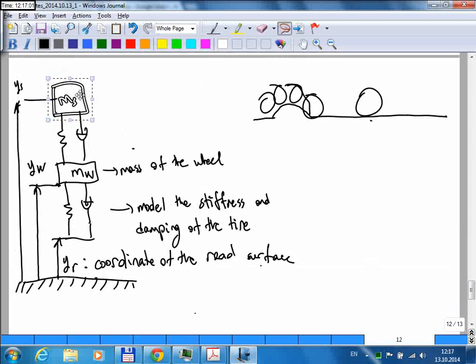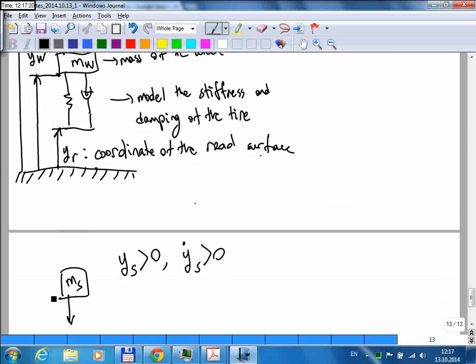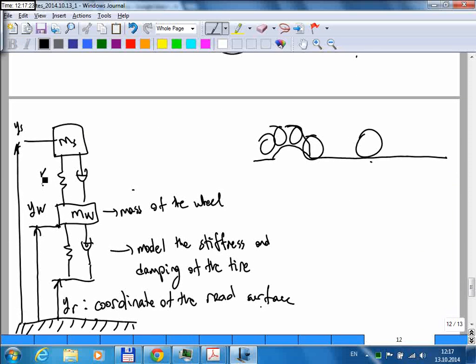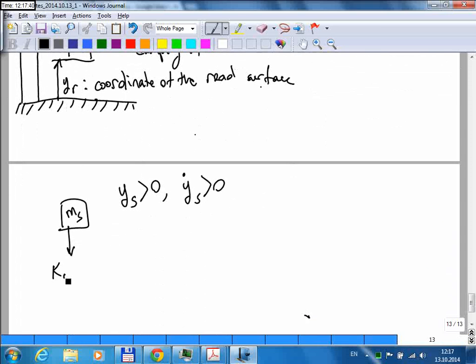In this case, since ys is positive, this means that the spring here is extended, right? And under that condition, the shock absorber spring will be providing a force to bring it back. So this is going to be the force due to that spring. So let me define some parameters. This is a spring constant for the shock absorber, and for the wheel I have different parameters. So this force is going to be Ks times